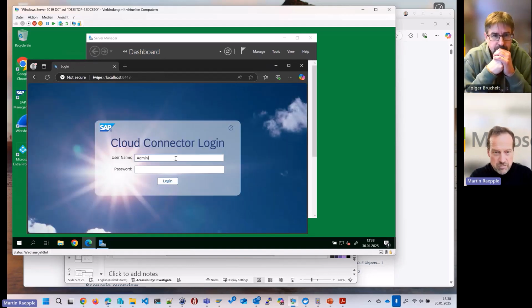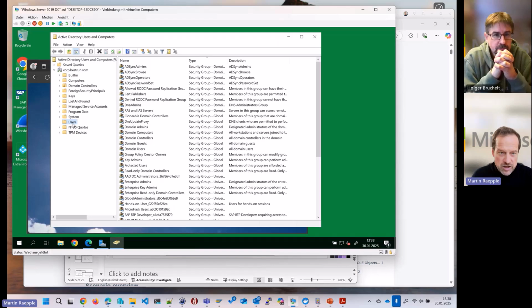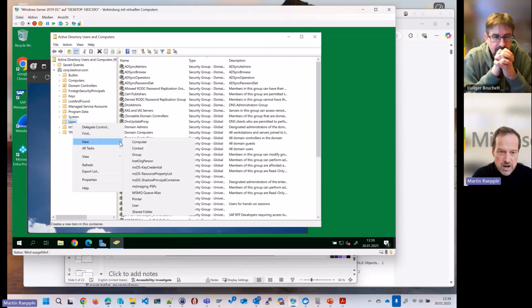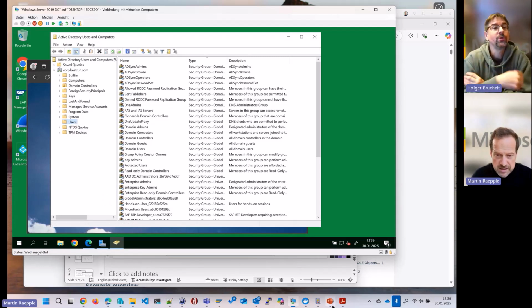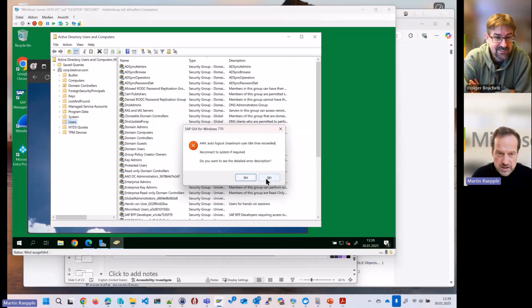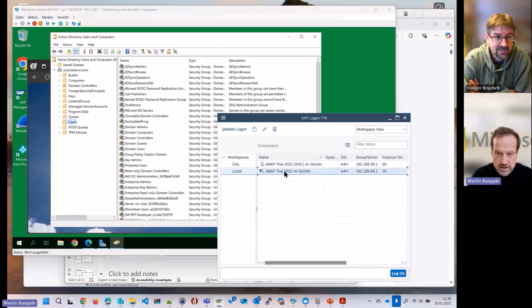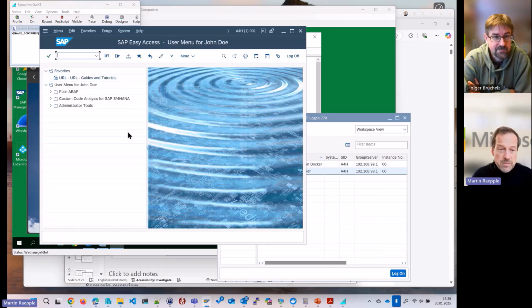So while we are waiting for the user management to open, let's first create the user. So we now create a new user. And then probably first need to prove that this user doesn't exist. No user in the SAP system. So let's go to the SAP system for a second and verify that. And that system also runs in my test landscape here. So it's the Docker-based image, which I love to use for such scenarios. I can highly recommend this system. It's easy to set up and provides you with all the means.